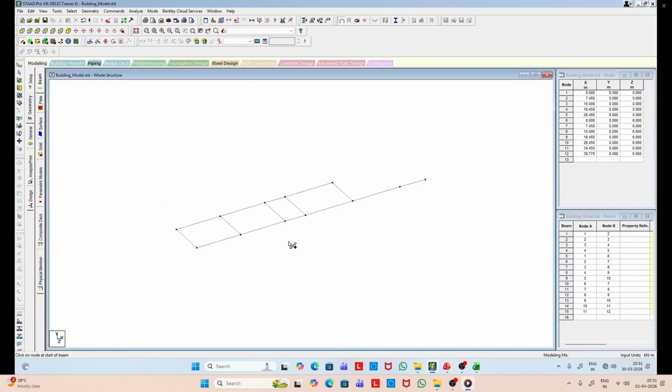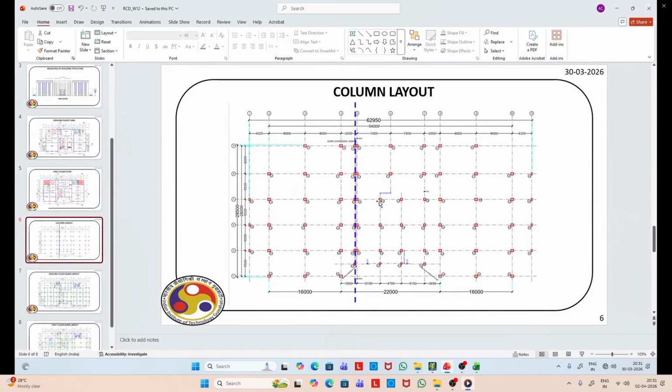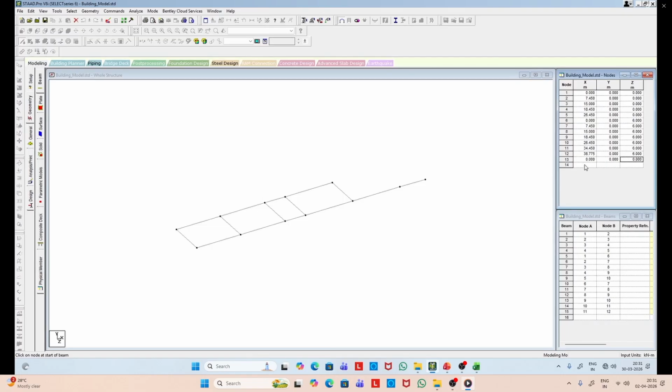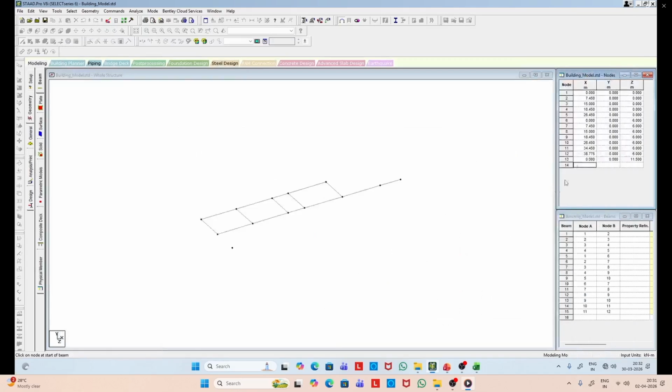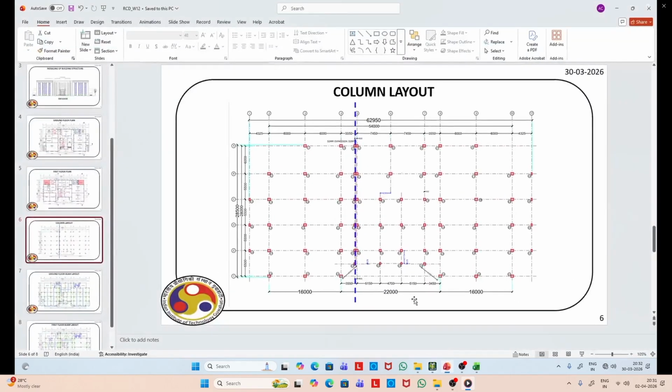And then here you see we have additional column locations. So these column locations are created.